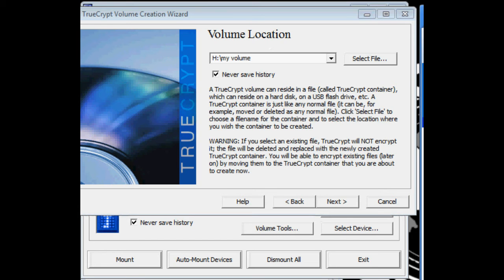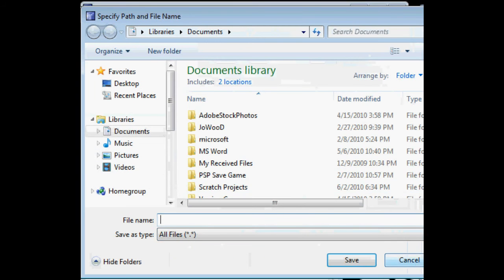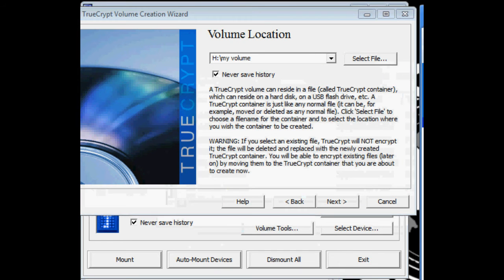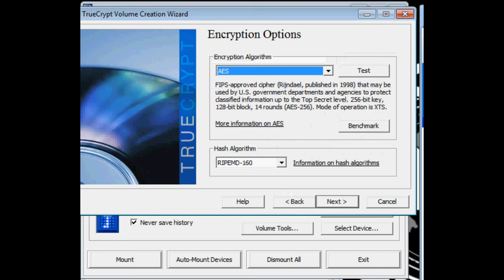Type the desired container file name in the file name box. So there it is. Here's the container name. You should choose the USB drive. Click save, then file sectors. Those should go next. Press next. Then click AES and this.